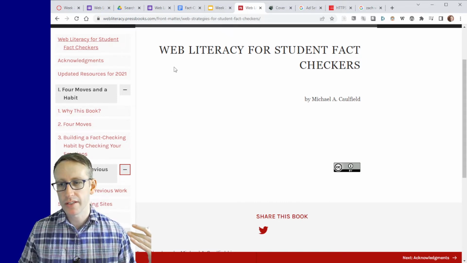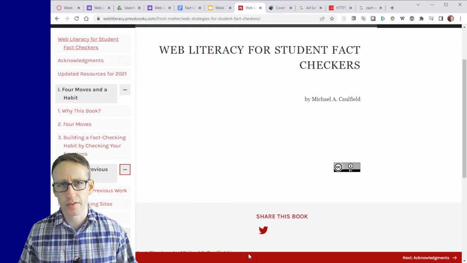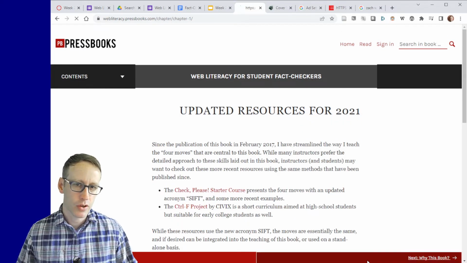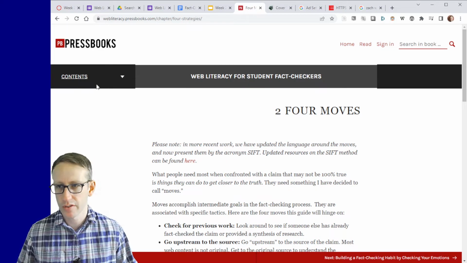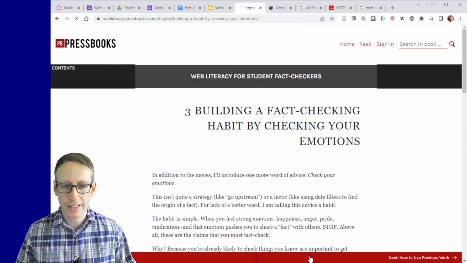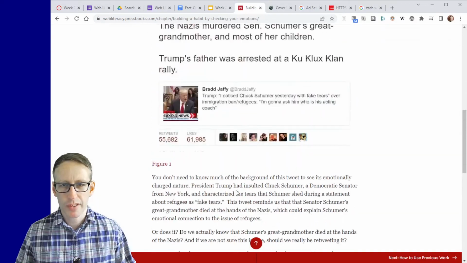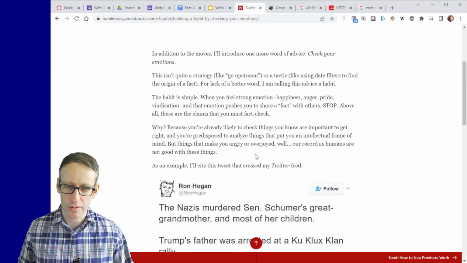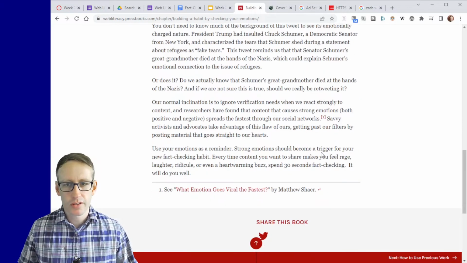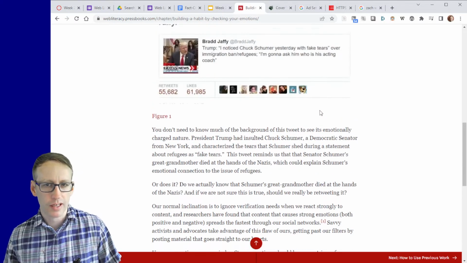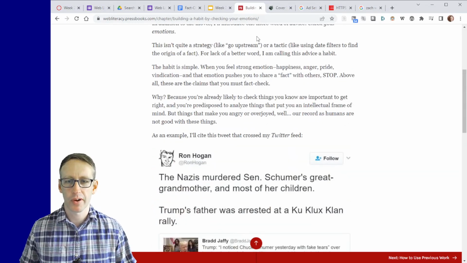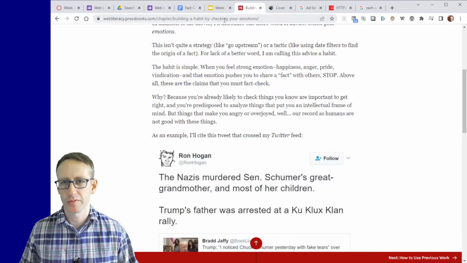What I'd like for you to do, for homework, do this today, is start reading this book. You can start at the beginning and click your way through it by clicking at the bottom right, or you can use the table of contents, but I want you to at least get through probably this page. It's called chapter 3, but as you can see, most of these chapters are really just a page long. So it's really just one thing. I would say get to chapter 3 today, and it's not very long, just to see Mike Caulfield's take on this. Again, I'm going to add some of my own ideas and context, but I want you to see it in Mike Caulfield's words.